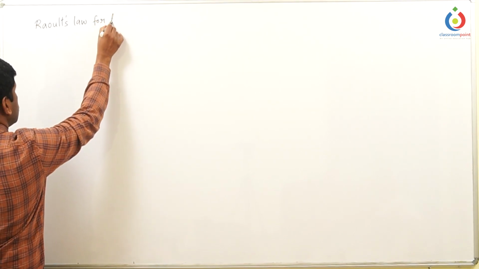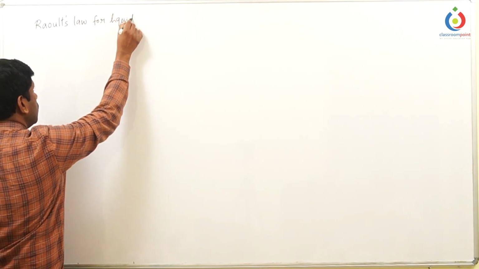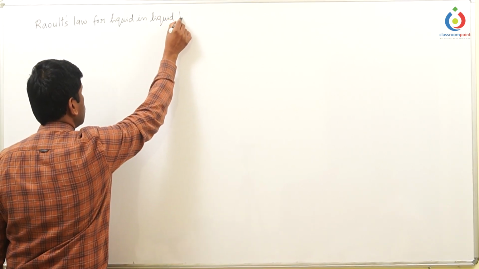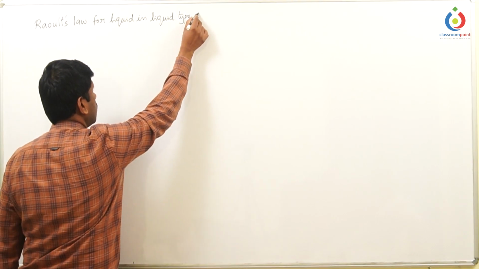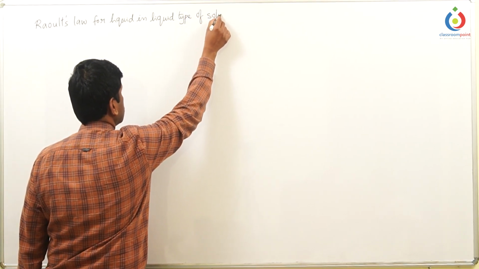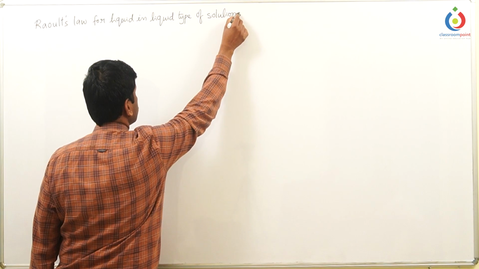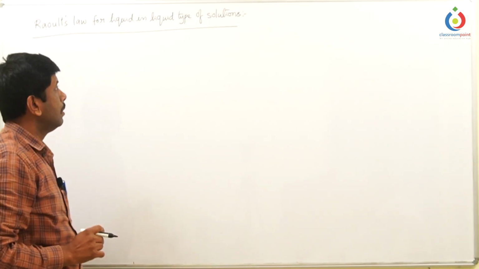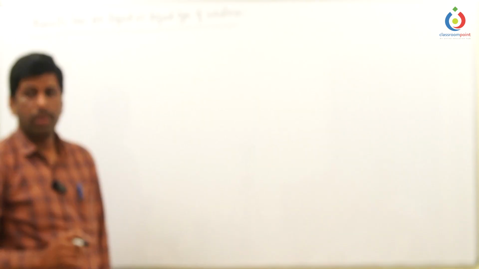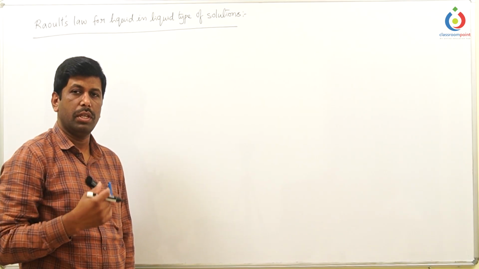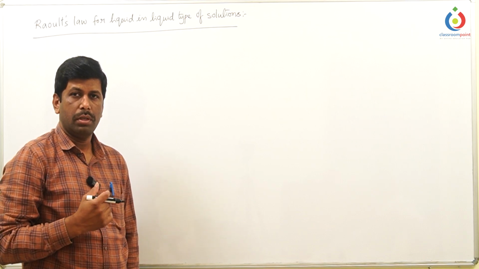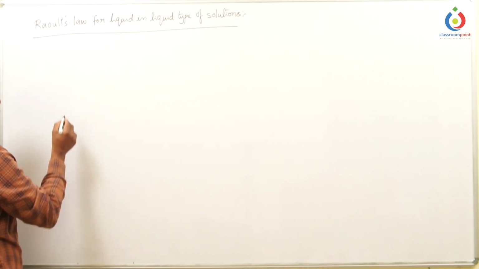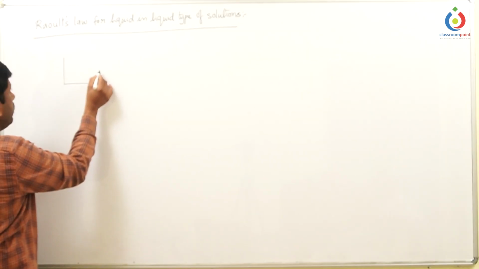Raoult's law for liquid in liquid type of solutions. In this case, we need to take both volatile liquids, which means both solute and solvent are able to form the vapor. So let us take two individual beakers